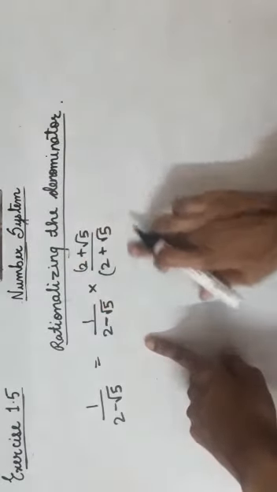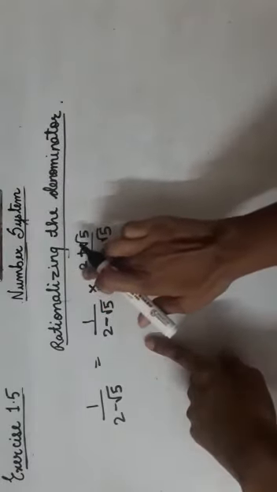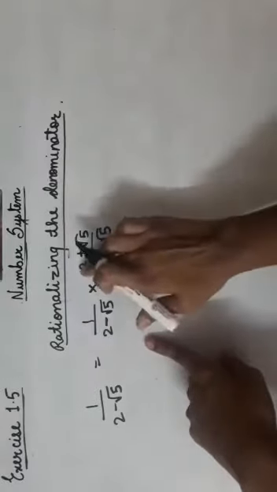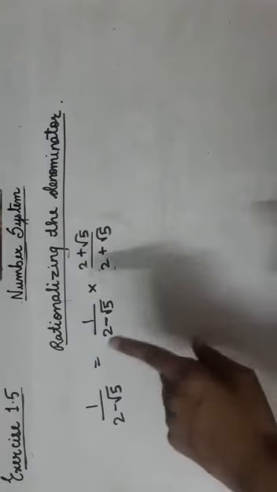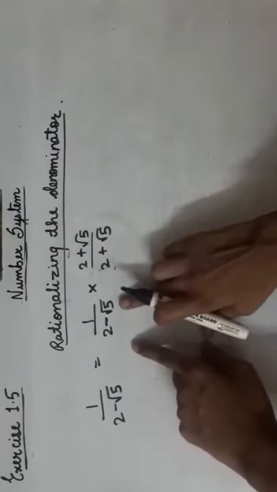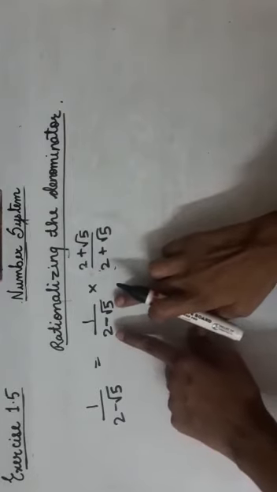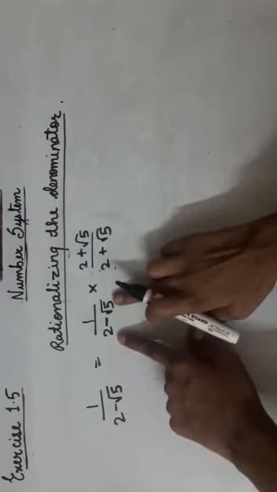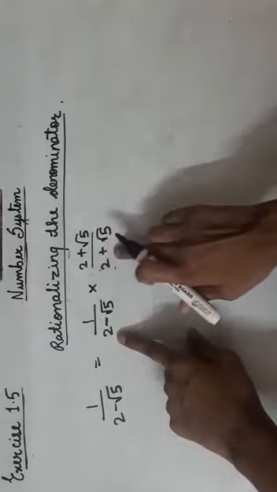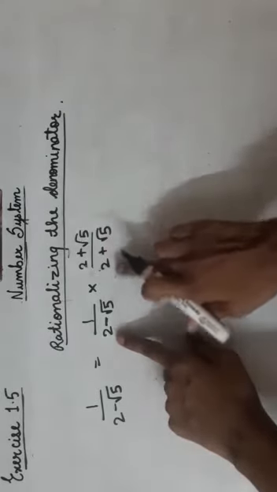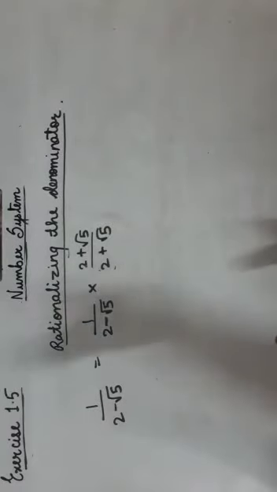So again there is no change in the value of the number when you are multiplying and dividing with the same number. Clear? So remember, when such a number is there, you are multiplying and dividing with this same number but with the inverted sign. Now you will understand why we have inverted the sign.